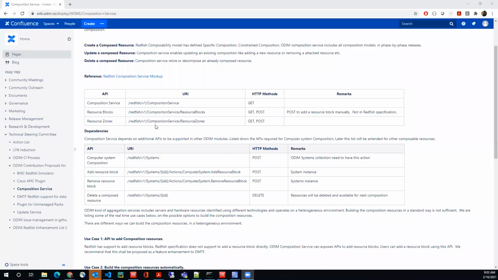And it needs support from other resources. Especially when we do a system composition, the system collection has to have the post call and the option to add and remove resource blocks, and finally a system instance needs the delete action for cleaning up the composition resources.